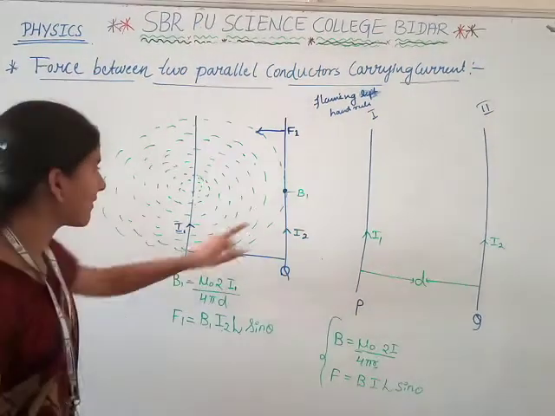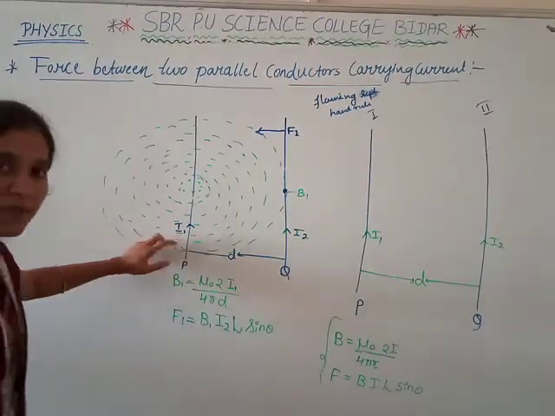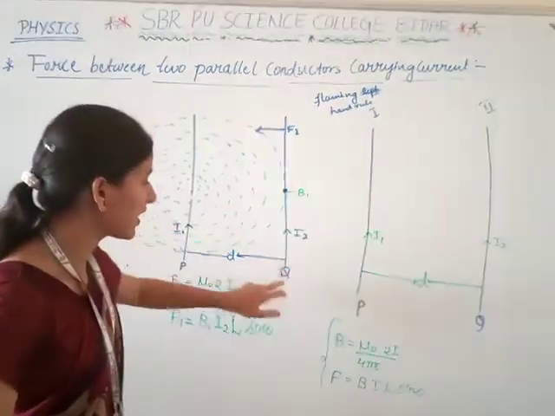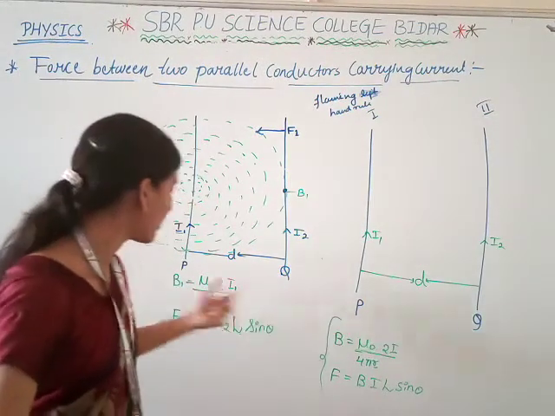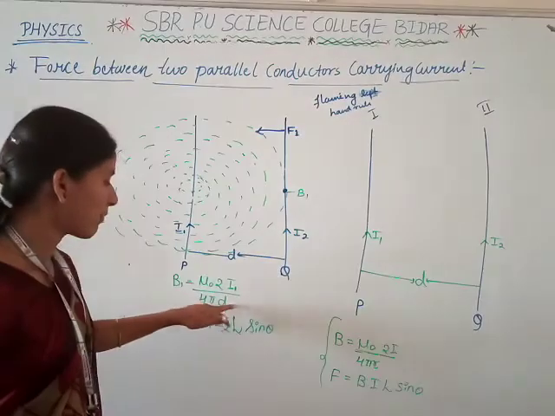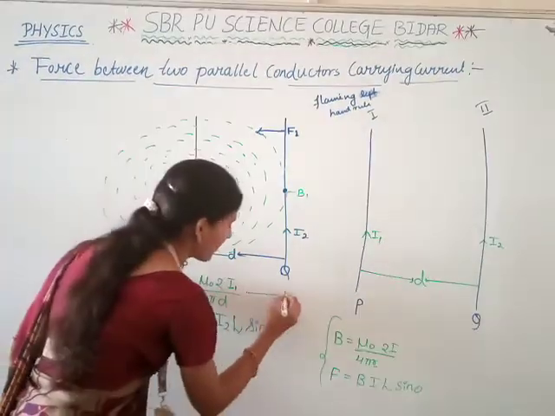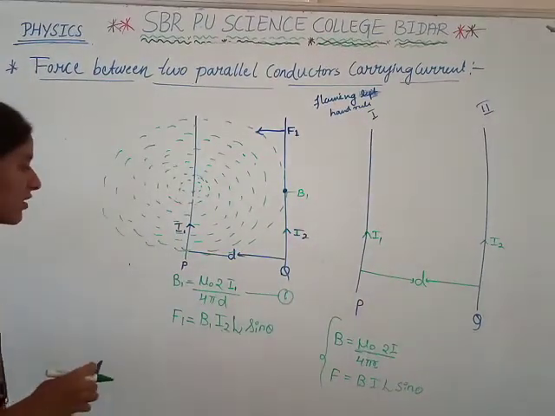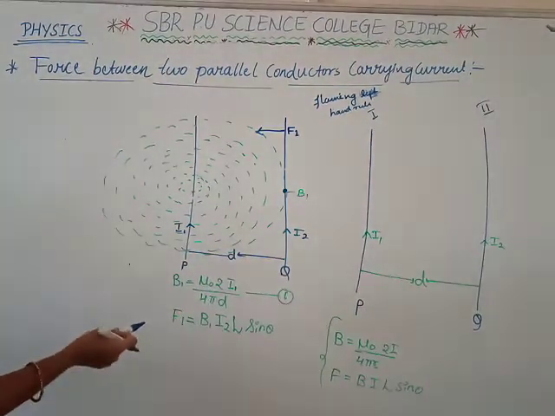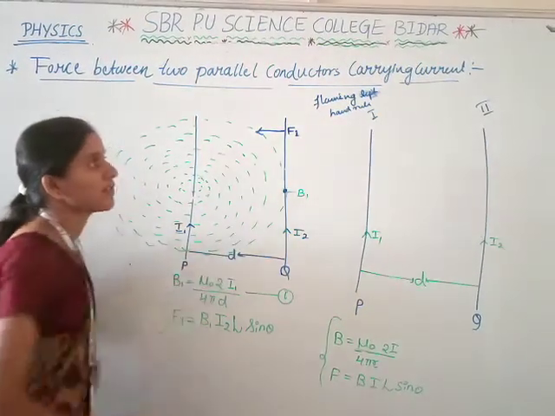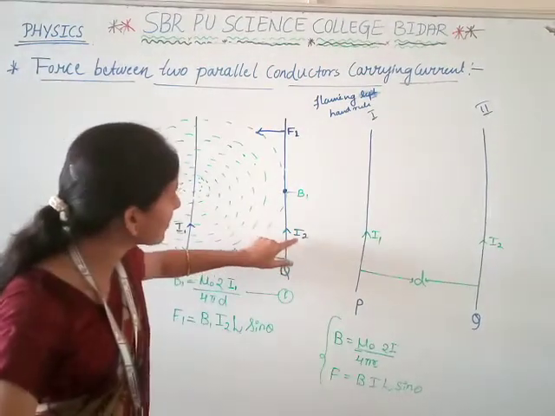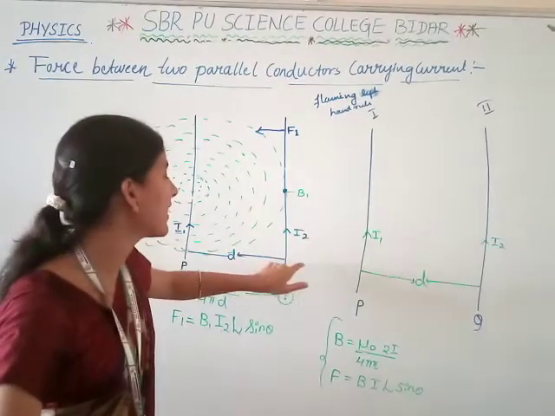This is the magnetic field when the current I1 is flowing through a conductor P. It produces the magnetic field at the conductor Q here. Okay, by using a general formula, we write that B1 is equal to mu naught into 2 I1 divided by 4 pi d here. Consider this one as equation 1. Okay, next. When the magnetic field B1 is produced, conductor Q experiences a force F1. It experiences force F1 in the presence of the current I2 flowing through a conductor Q.